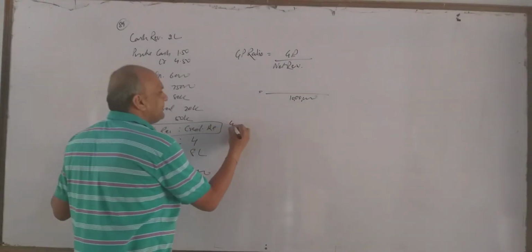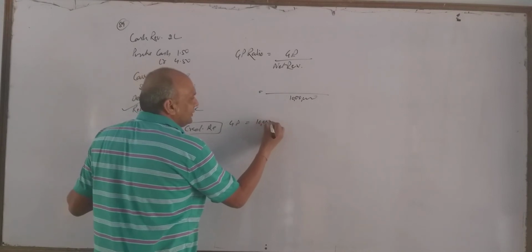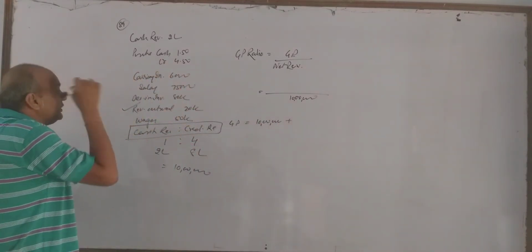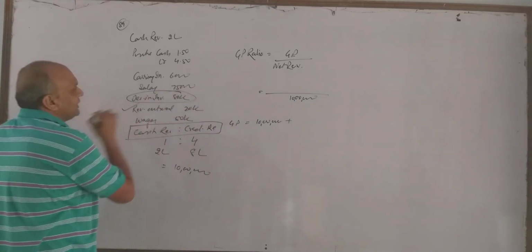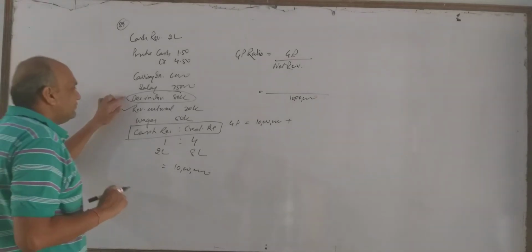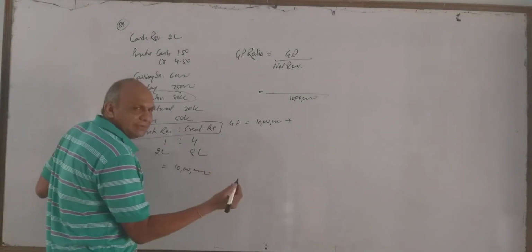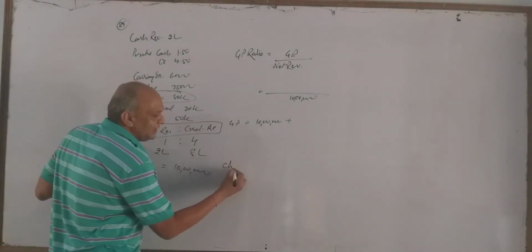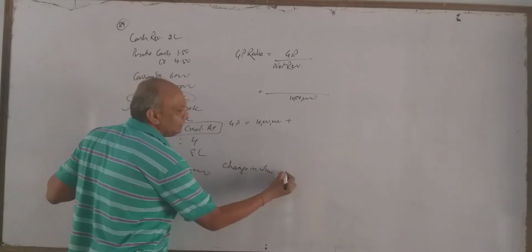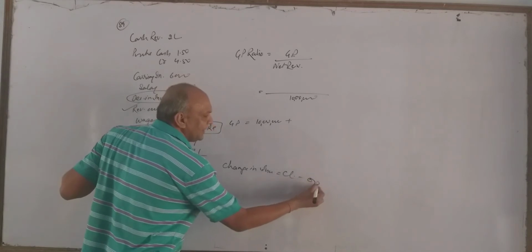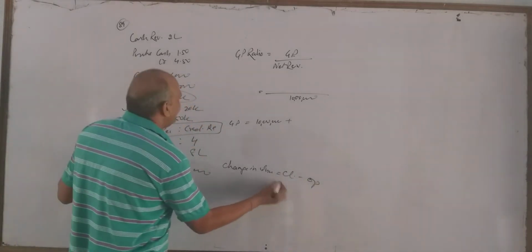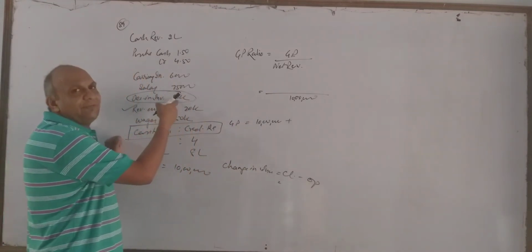Now let us find GP. The same formula: net revenue plus closing inventory. Here we have given decrease in inventory. Here opening and closing inventories are not given. So sir, what is the meaning of decrease in inventory? Sometimes we use the word change in inventory. Change in inventory is equal to closing minus opening. How to find change in inventory? Closing minus opening. So here it is written that this is decrease in inventory.